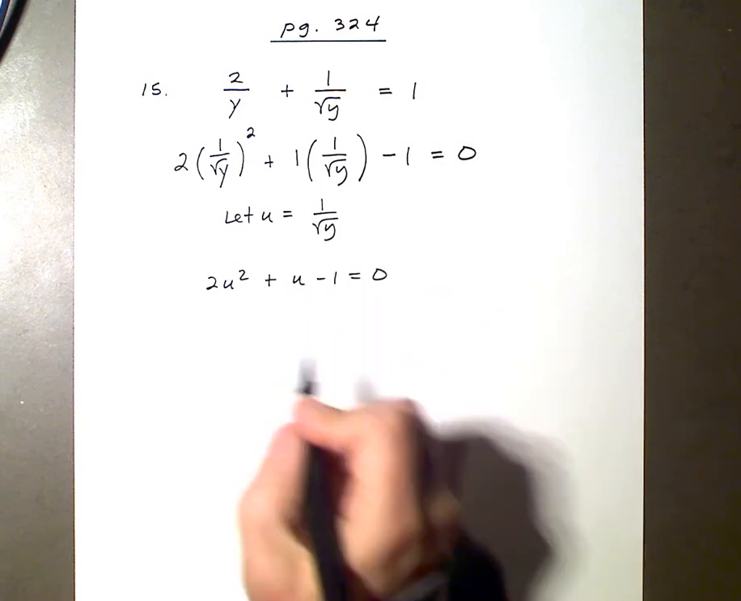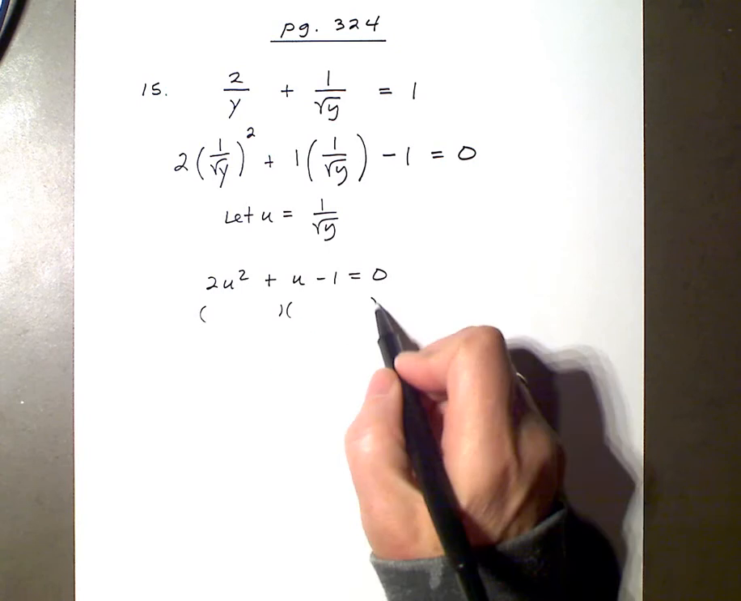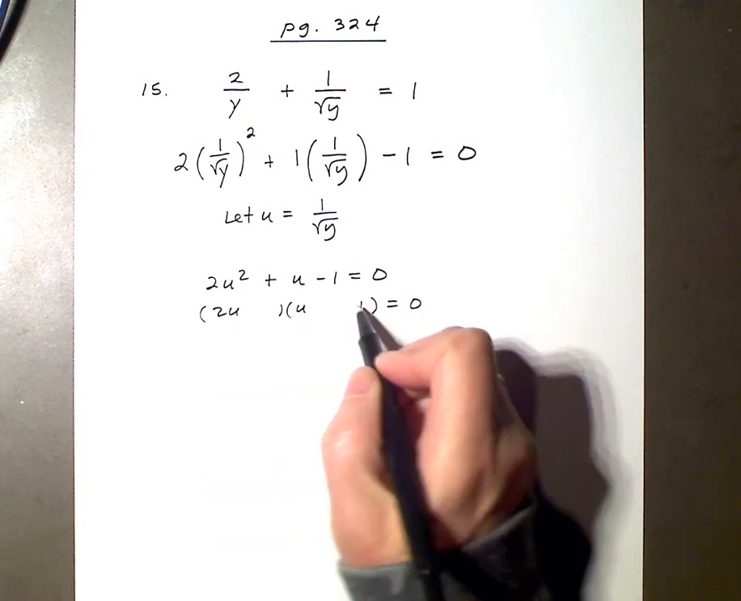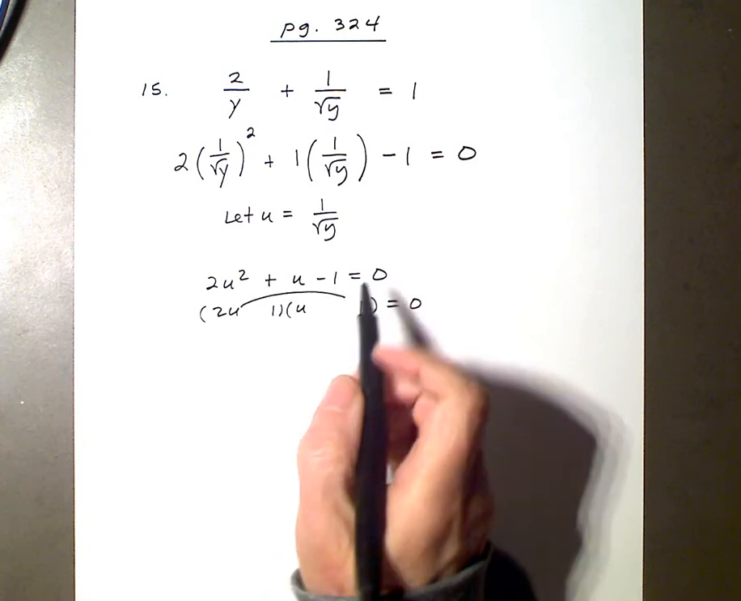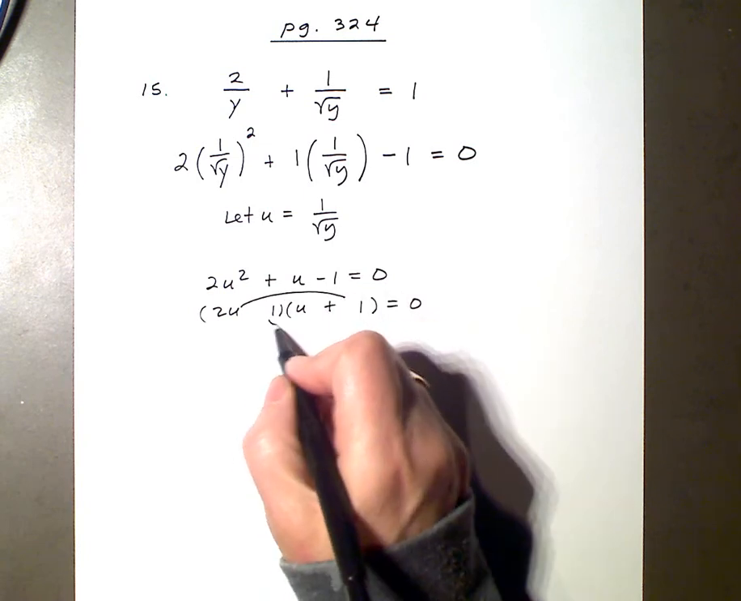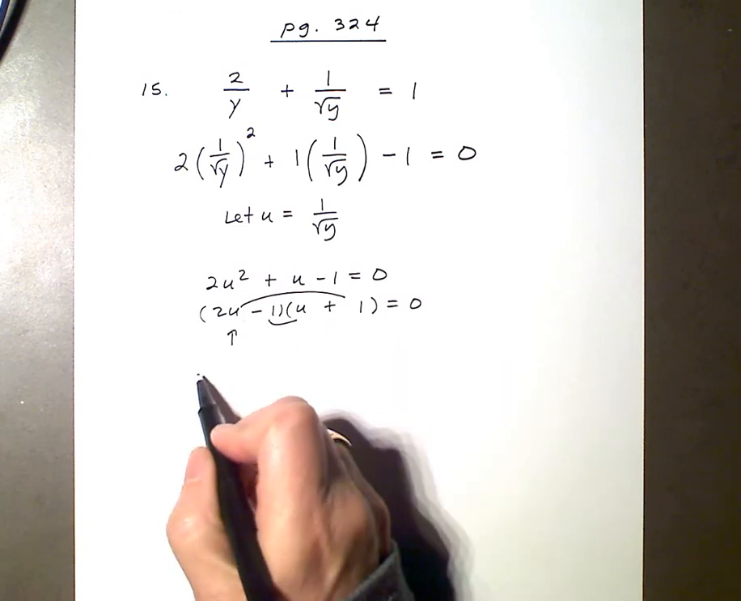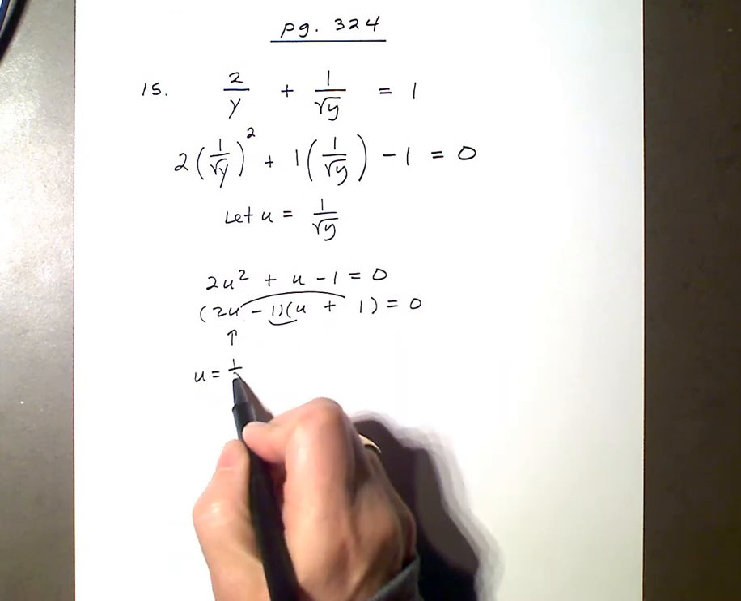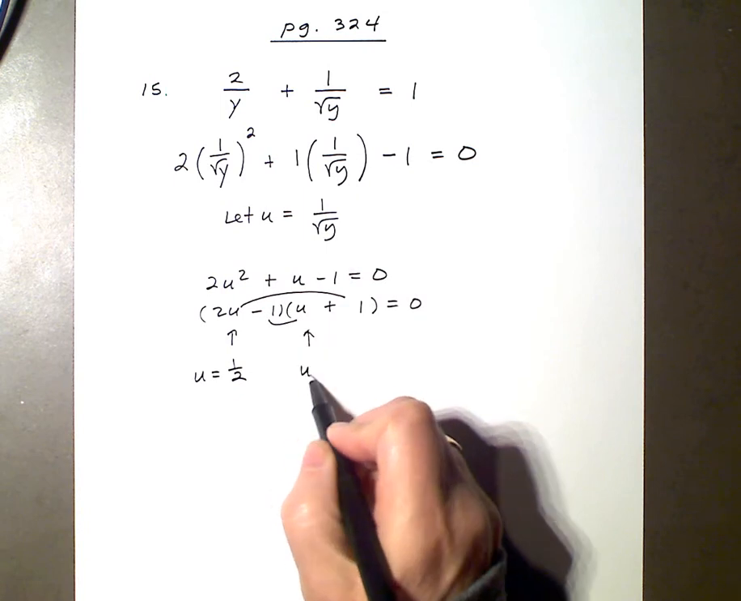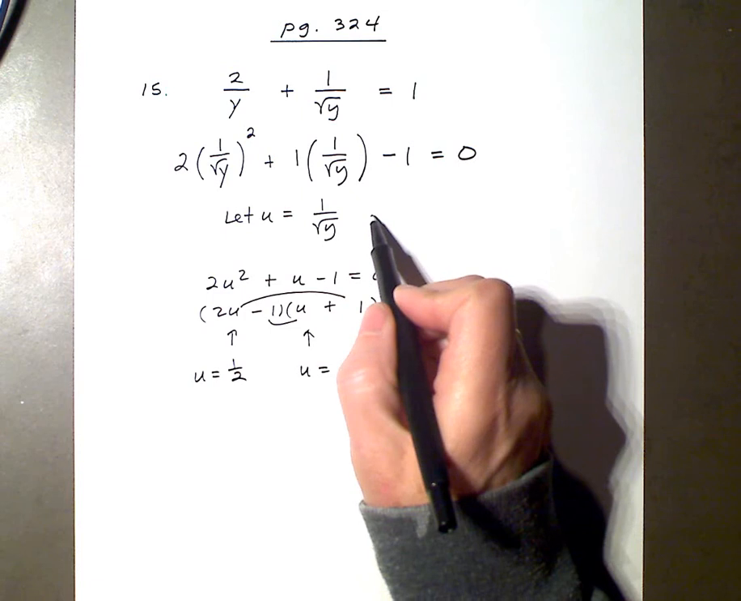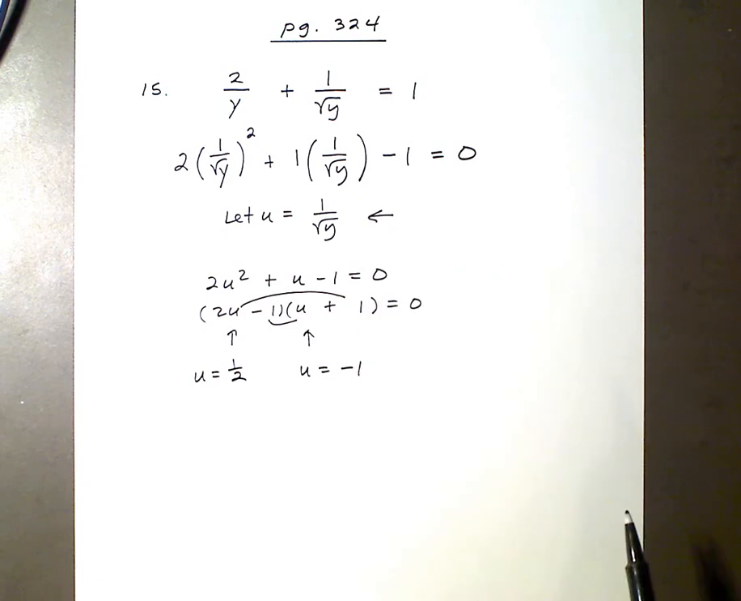And this equation factors easily. 2u, u, 1, and 1. So we get a positive here and a negative here. So my solutions are u is equal to 1/2, and u is equal to -1. So now substituting back 1 over the square root of y for u,